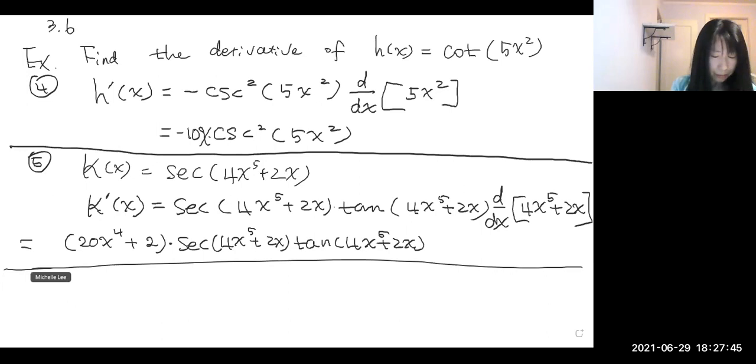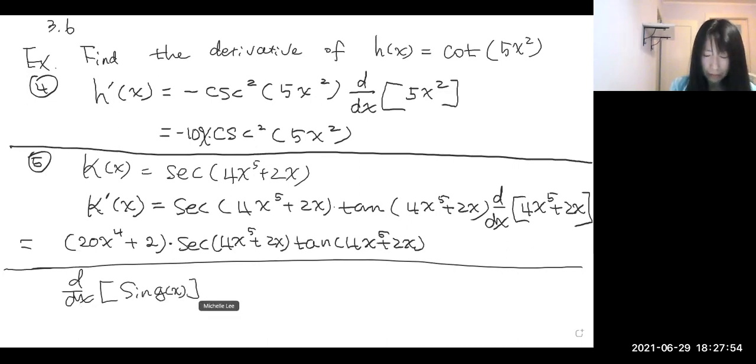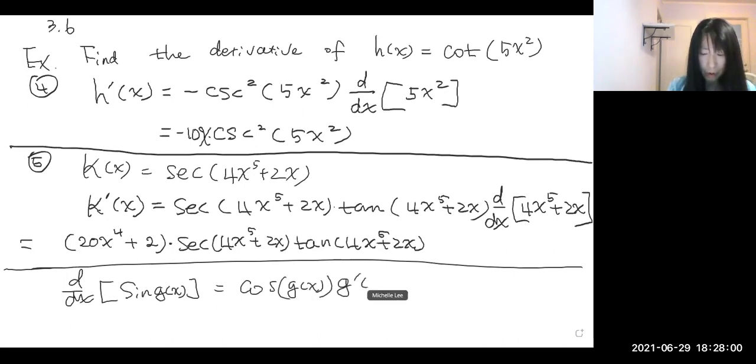Would you prefer g of x, g prime of x, this way, or would you prefer